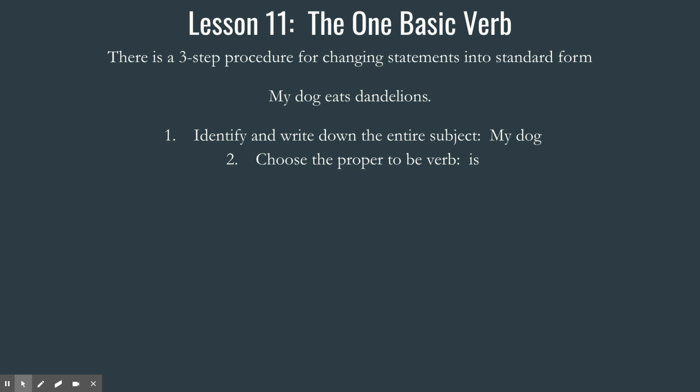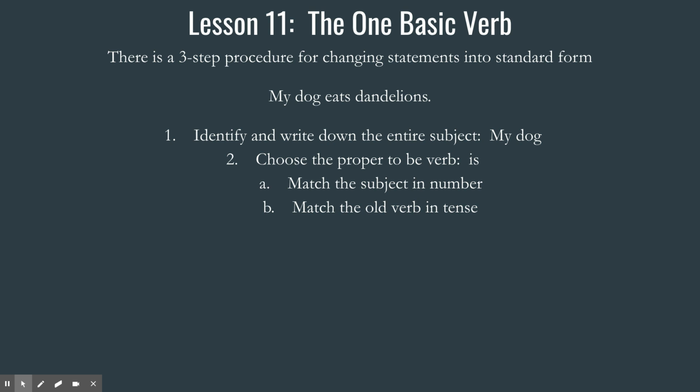Step two, choose the proper to be verb. Now, how do you choose the proper to be verb? First, it should match the subject in number. So my dog, is that singular or plural? Singular. So the verb should be singular. And second, it needs to match the old verb in tense. Eats dandelions. Is that past, present, or future? Present. So what I need is the singular present form of the verb to be, and that is the word is. So my dog is,